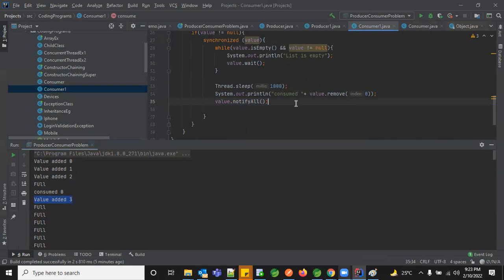That's it. Since our while condition is met, in the consumer part we could not do the full task; the wait and notify could not be completed, right? Because before that, our while condition got interrupted, the list became full, and it was waiting for the time actually. Yeah, exactly.